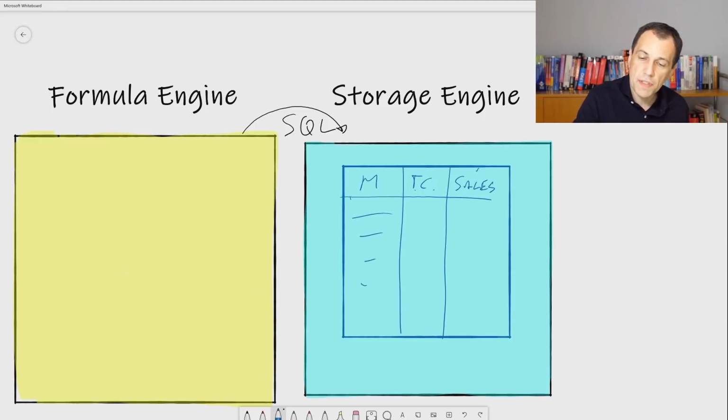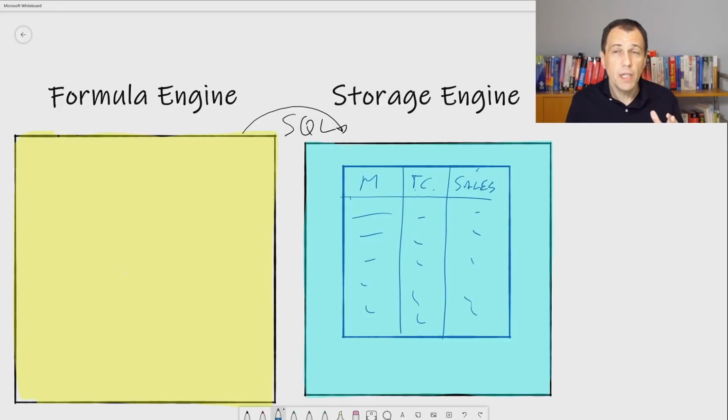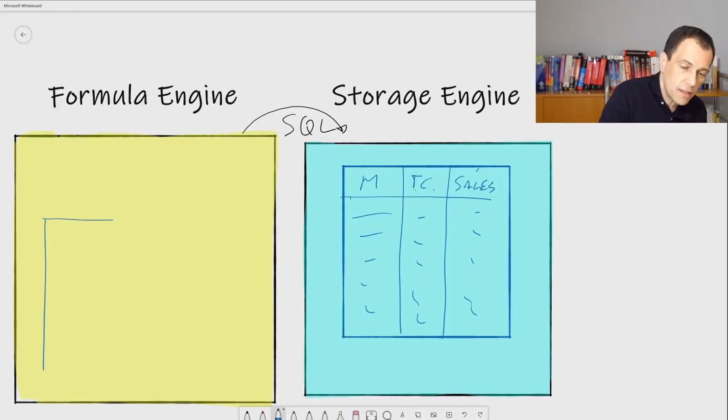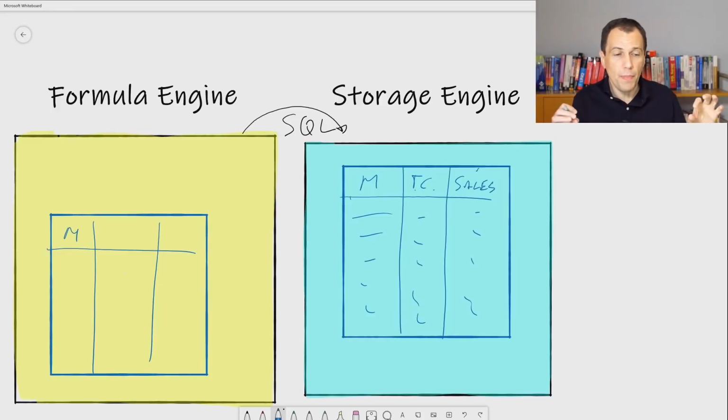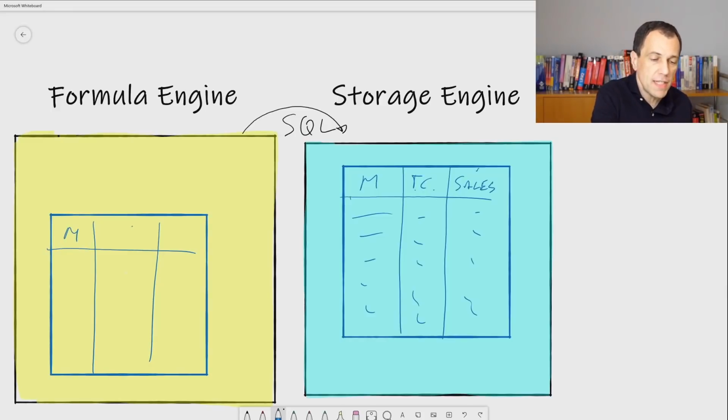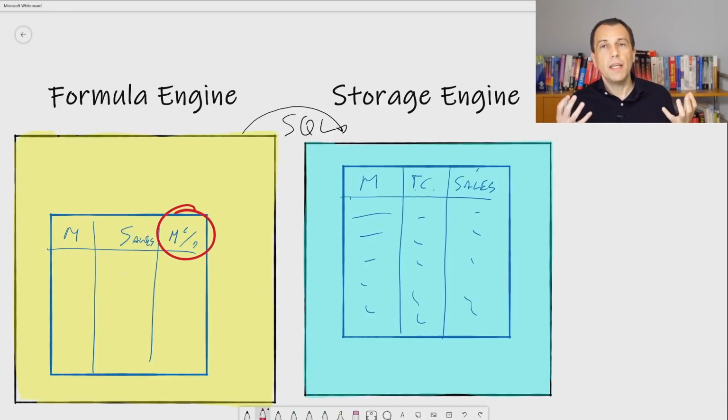Okay, and we have this total. However, the result produced by the formula engine and provided to Power BI is different, because the result here has the same granularity, the same number of rows, because we always have one value per month, but the value here is sales amount, but here we have a margin percentage. So this calculation is performed in the formula engine.